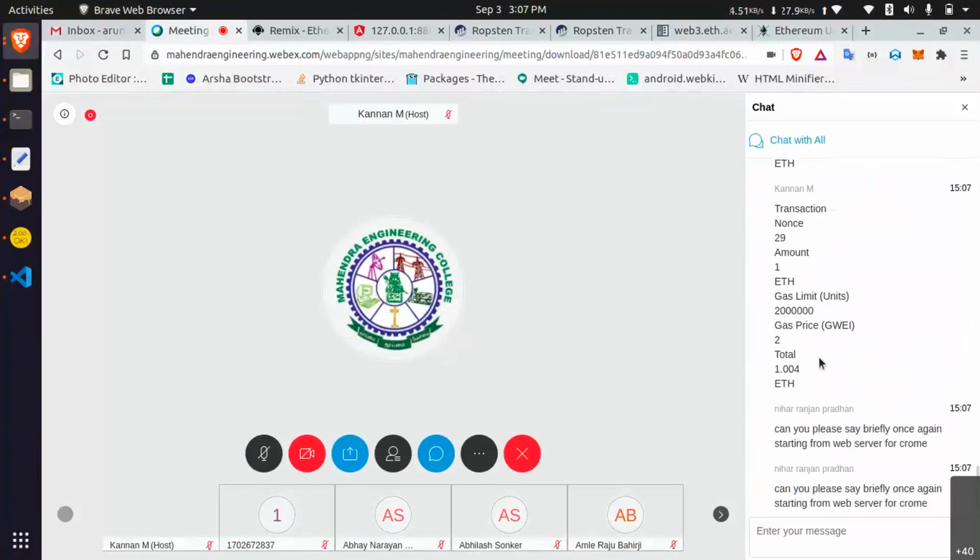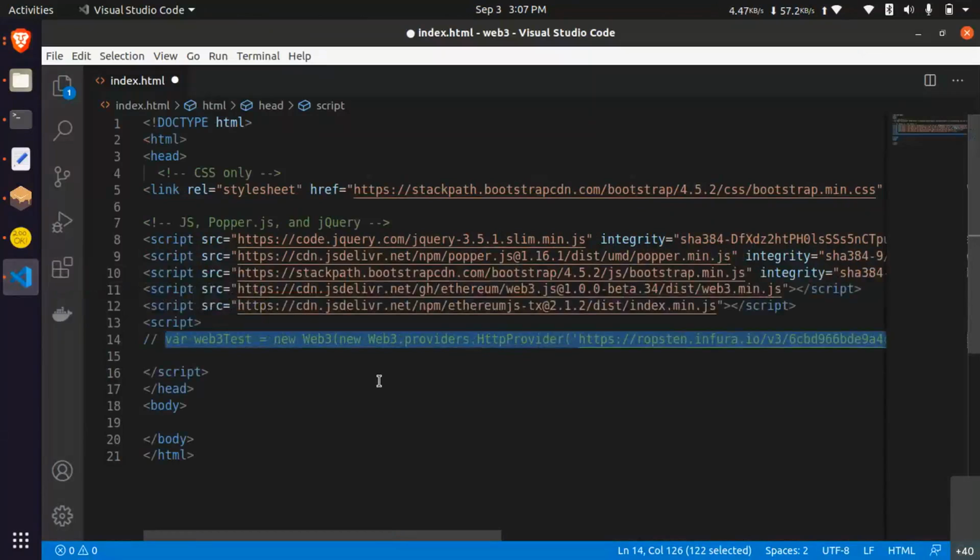Yeah, can you please say briefly once again, starting from the web Chrome? Can you please? Yeah. First of all, you need this code. I think so. How to share this code?